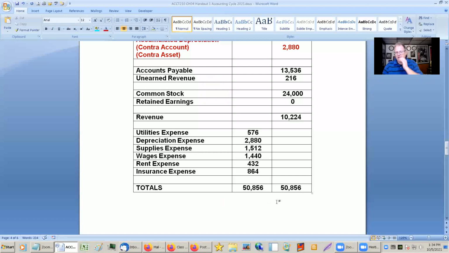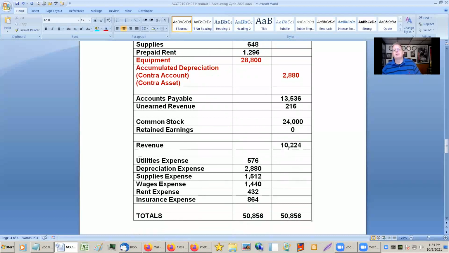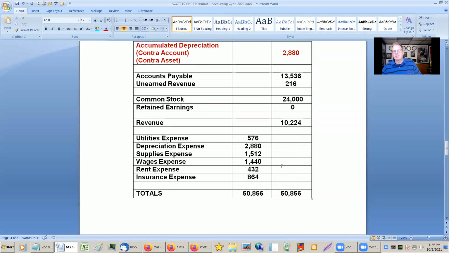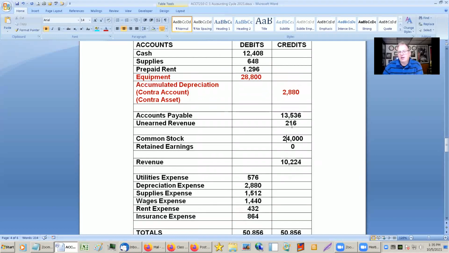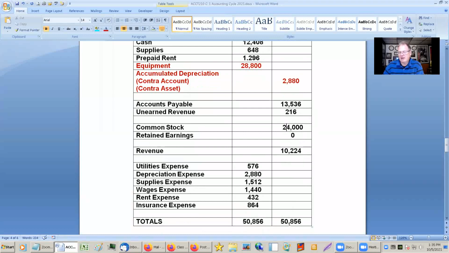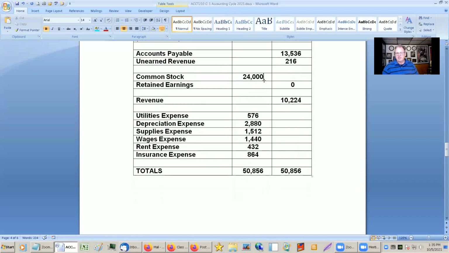So you come down here now. Let me tell you a few of the errors that are more common that you catch. First of all, the one that I made is usually not easy to catch. If you put a debit in a credit, the numbers at the bottom will be off by twice as much. So for instance, notice what would happen. Let's say I made an error and I put this 24,000 as a debit, right? Notice that the debit side would be 24,000 too high, and the credit side would be 24,000 too low. So whatever the difference is, if it's a debit credit problem,